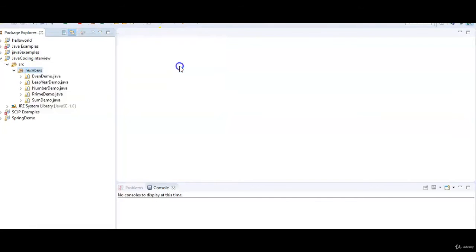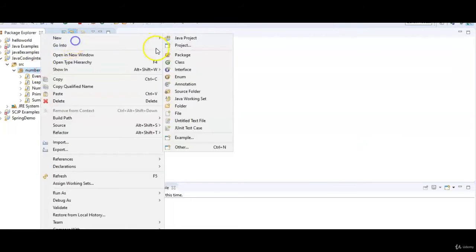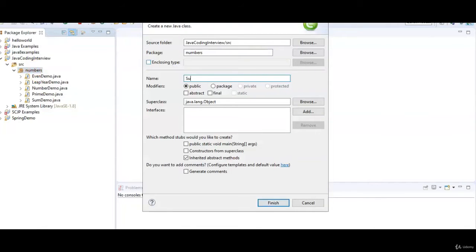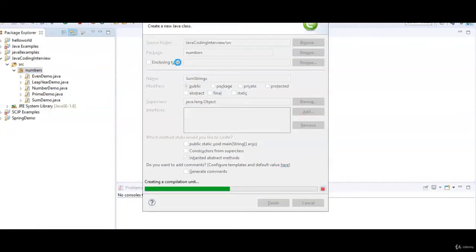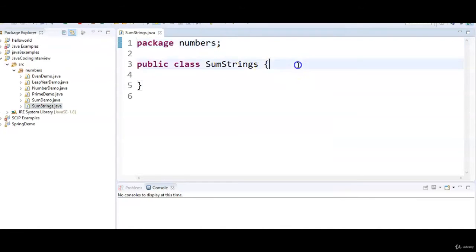So I'm creating a new class, and inside that I'm creating a main method.